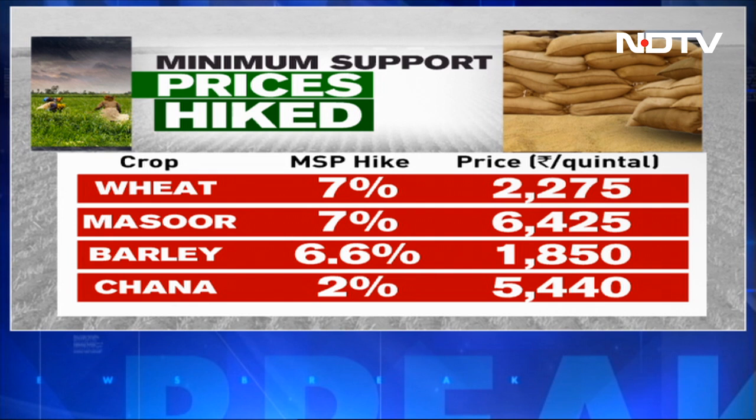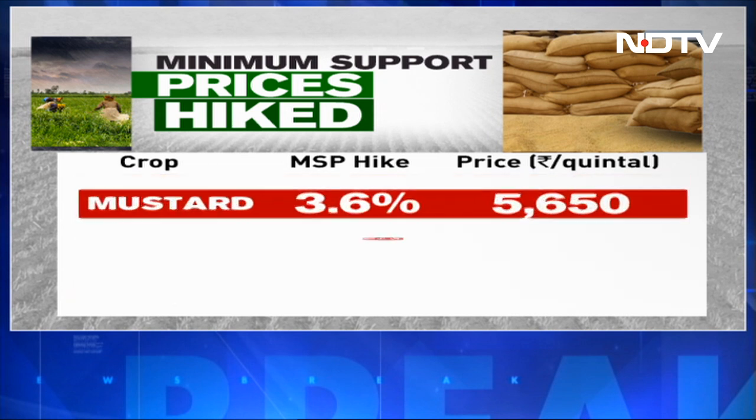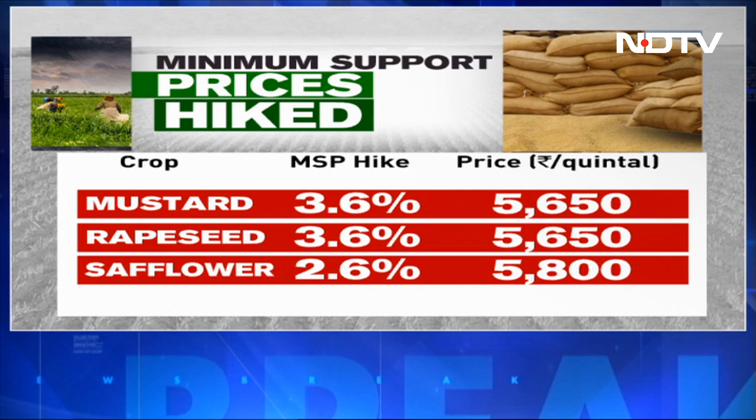Barley is at 6.6% at 1,850. And chana has been hiked by 2% at 5,440. Mustard by 3.6% at 5,650. Rapeseed at 3.6% at 5,650, and at 5,800 rupees a quintal, a hike of